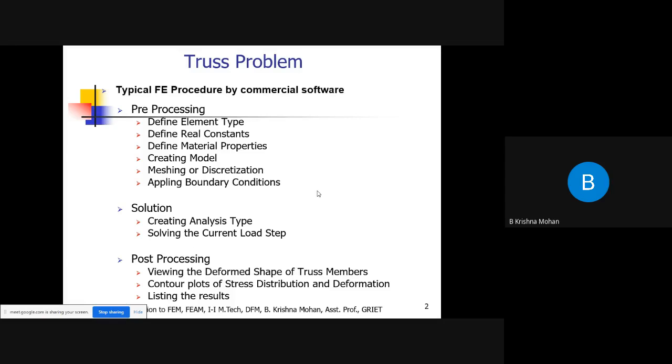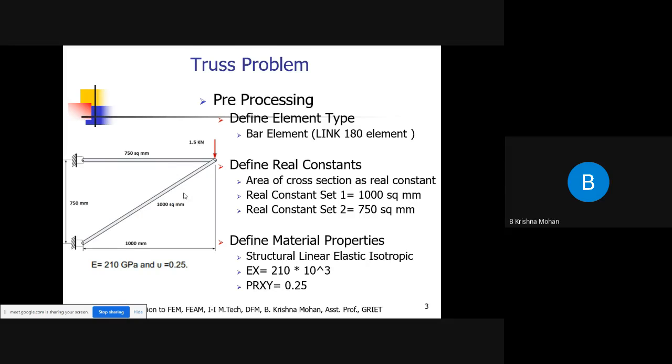Okay, let me start with pre-processing. If you clearly observe here, you have 2 members. I consider this member as 1 and this member as 2. So you have 2 truss members. These 2 ends are fixed, or you can assume them as pin joints, and you are applying a point load at this point. Under pre-processing, we start with